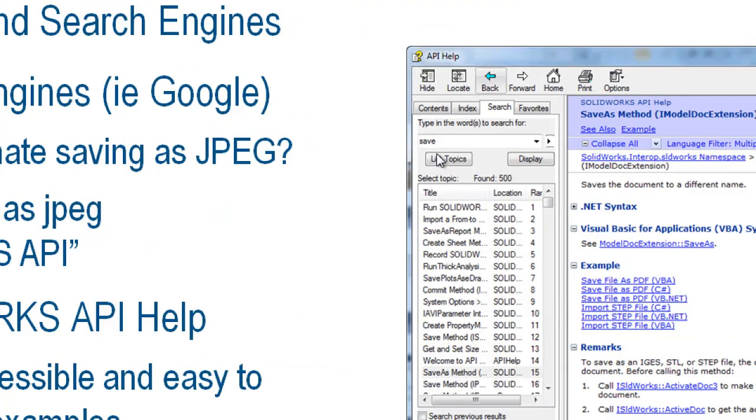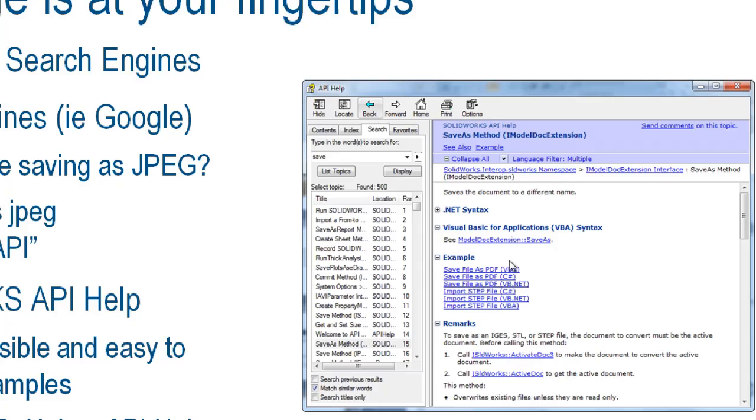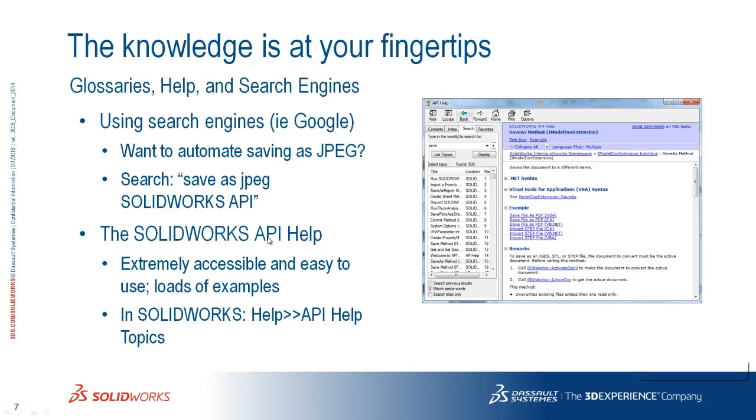But you can see here, this is just a screenshot of actually as I was doing this, because just like anyone, we don't all have this memorized. So I did save, and I found the save as method, and you can save the document to a different name, which is nice. So the SOLIDWORKS API help is extremely accessible, very easy to use, with loads of examples. For those of you I saw were not familiar,